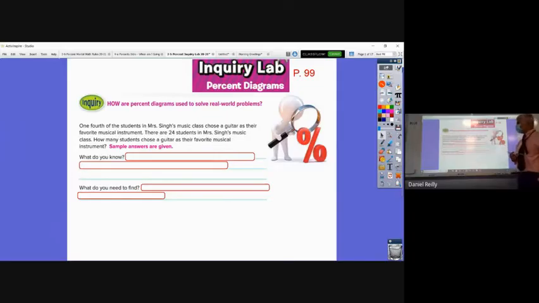1/4 of the students in Mrs. Singh's class choose guitar as their favorite instrument. 1/4 of the students, and there are 24 students in the class. So the question is,